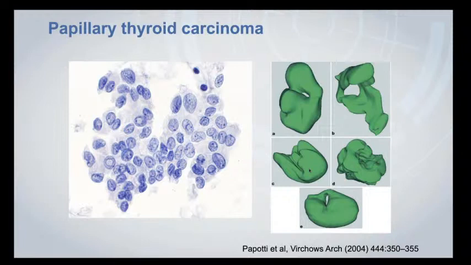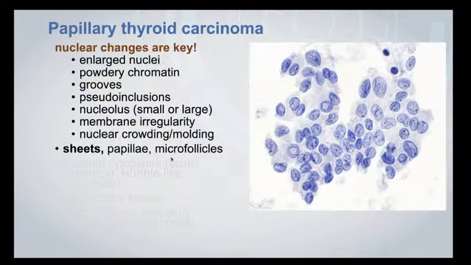These look, to my eye, like modern sculpture. You might think of somebody like Henry Moore or Jean Arp when you look at these images. Just a remarkable change in the nuclear cytoskeleton in papillary thyroid carcinoma. As far as the architecture goes, they're often in flat sheets, and these usually represent the lining of a papilla